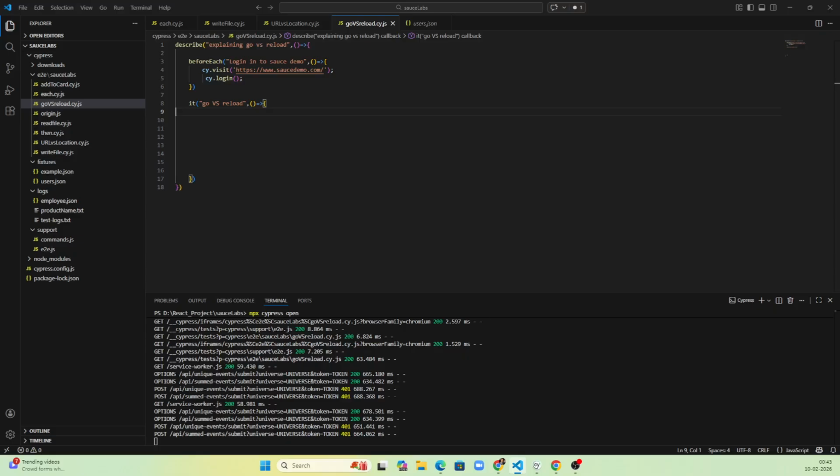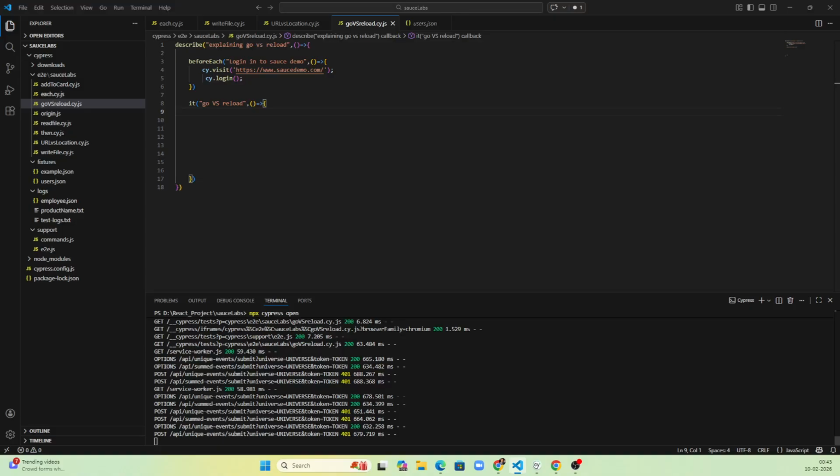In this video, we are going to understand the difference between cy.go and cy.reload in Cypress. These commands are very useful for browser navigation, and many beginners get confused about the both. By the end of this video, you'll clearly know what cy.go does, what cy.reload does, and the real world use